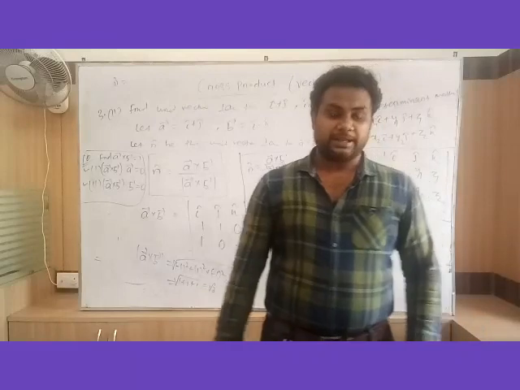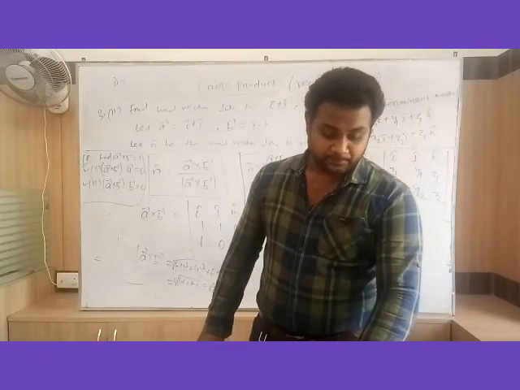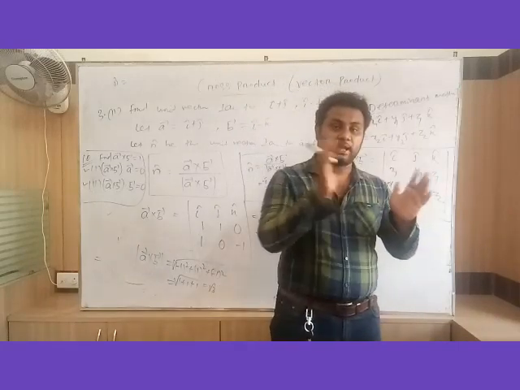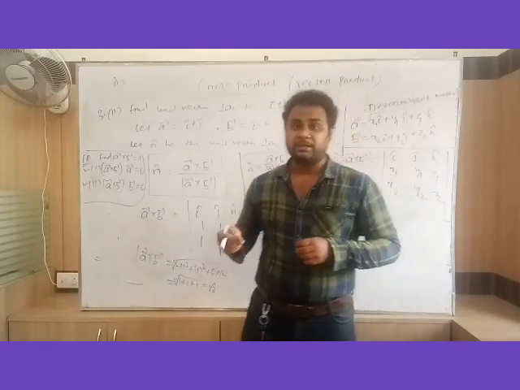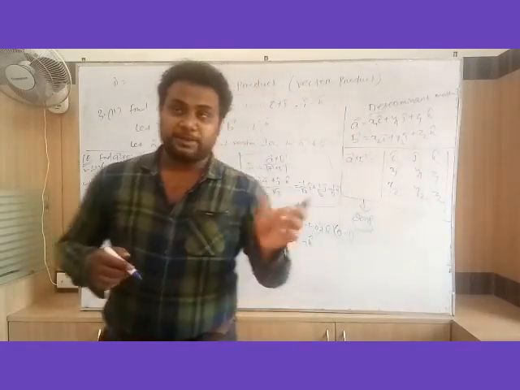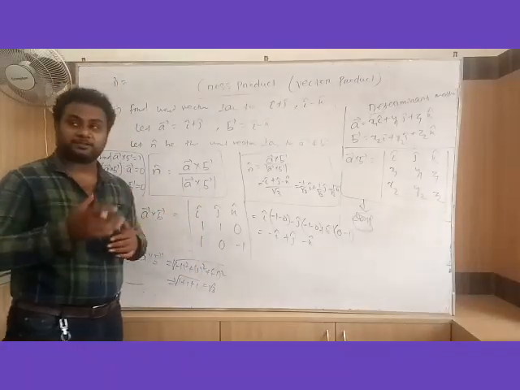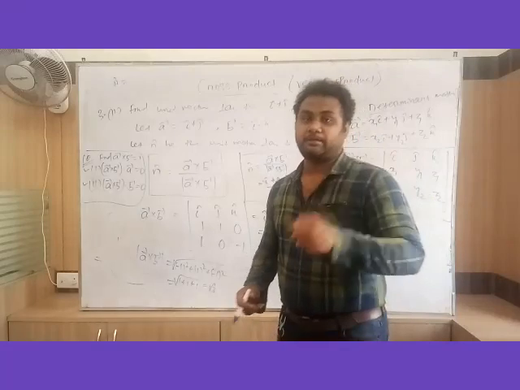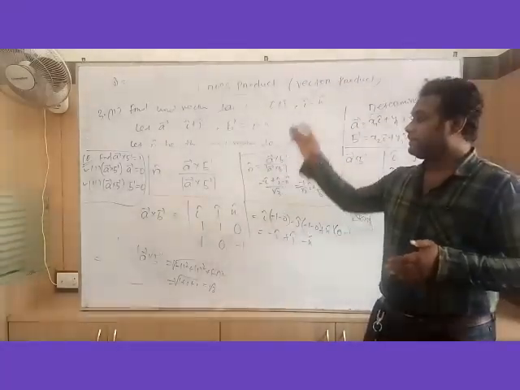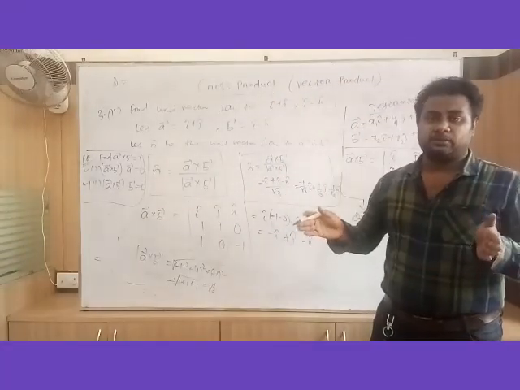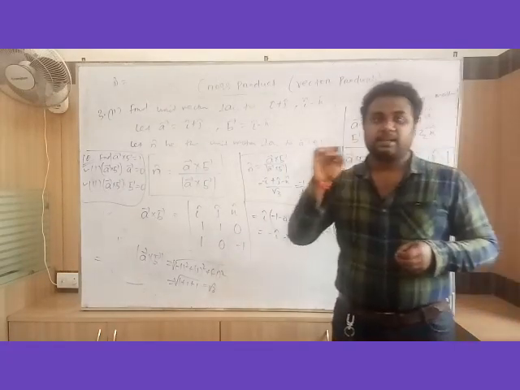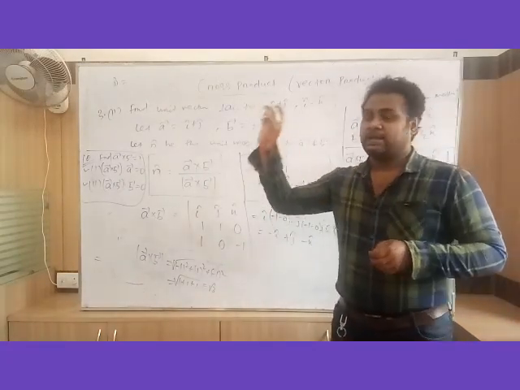Then come to question number 11. Question number 11 is find the area of parallelogram whose diagonals are given. First take two diagonals as A vector and B vector. Then find A cross B vector and then magnitude of A cross B. Then only you will get the value of area of parallelogram. Area of parallelogram becomes half of A cross B magnitude. So lastly you write the unit. Hence area of parallelogram is this square unit.